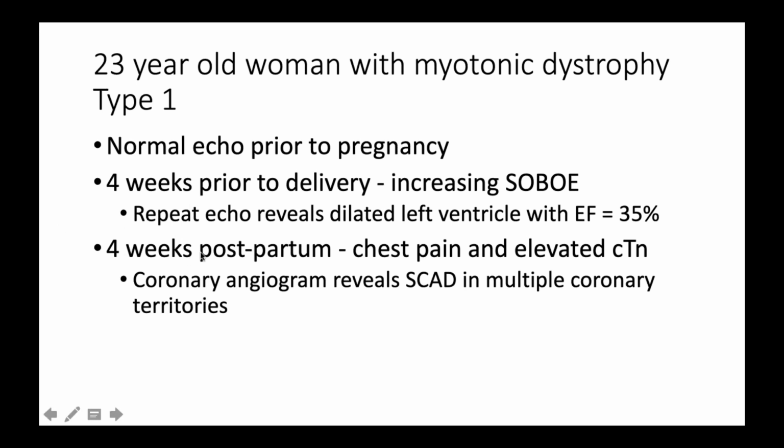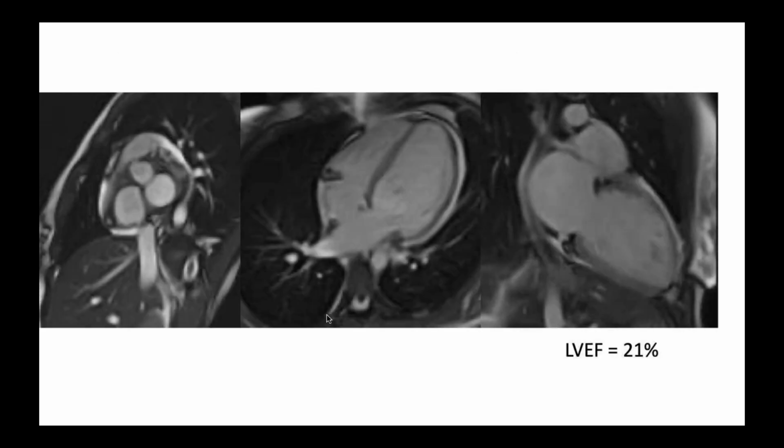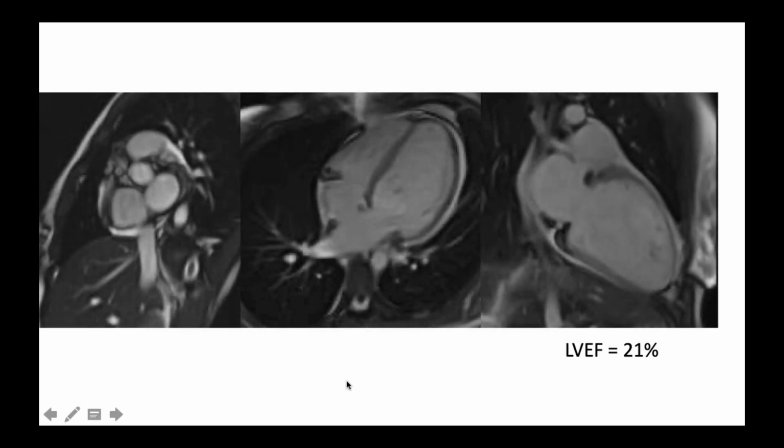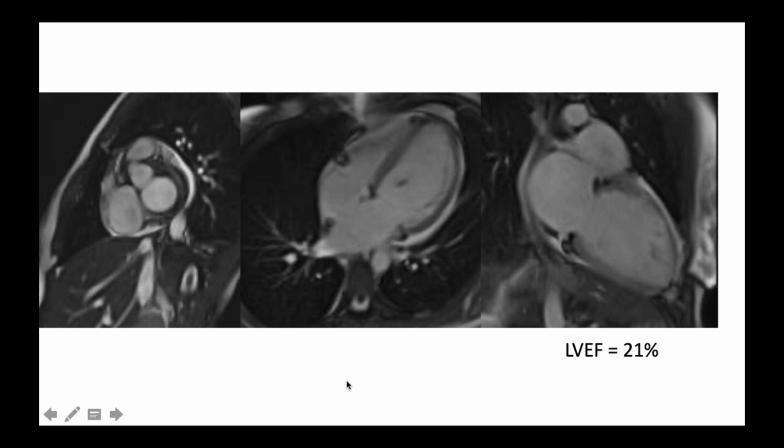And unfortunately, 4 weeks postpartum, she presented with a STEMI and had a coronary angiogram that revealed SCAD in multiple coronary territories. So I just have a few examples from an MR that was done,